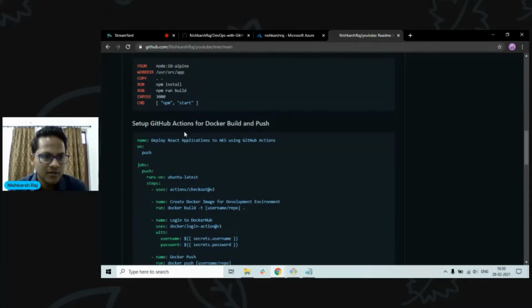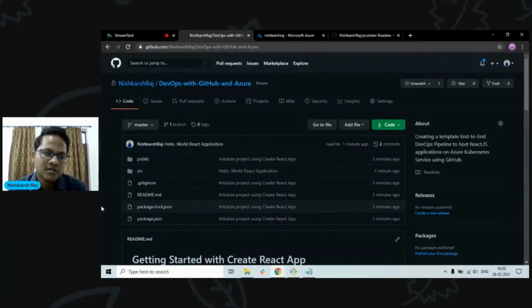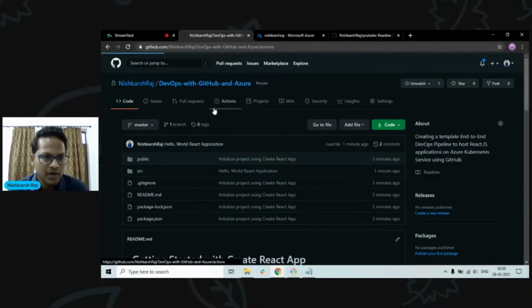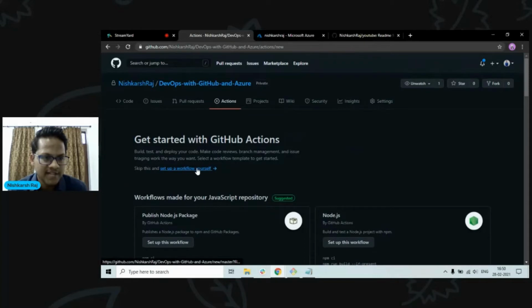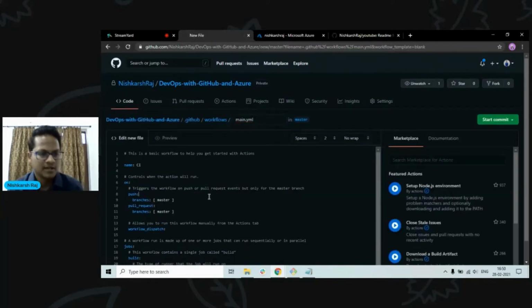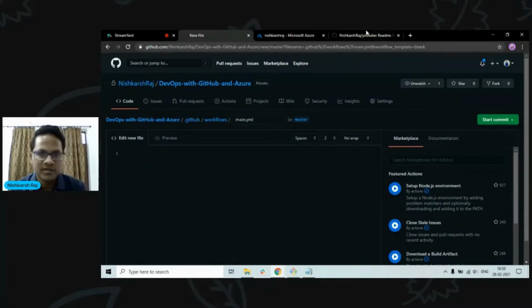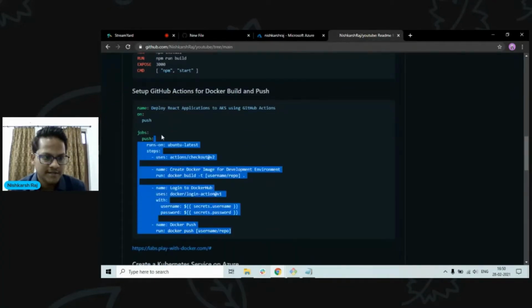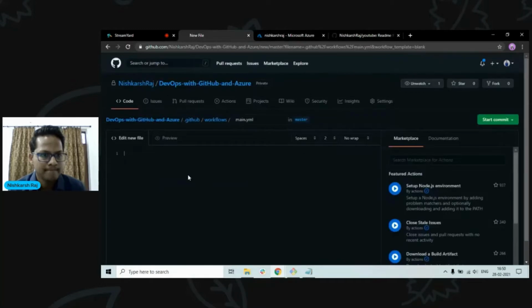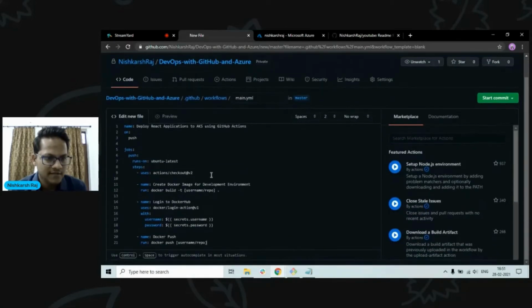Okay, then the next step would be to set up GitHub Actions for Docker build. So our source code is here. The next step would be creating a platform independent Docker image. So Docker is basically a container system that creates an image that can be used on any platform, be it Windows, Linux, Mac OS, and any version of it. So we'll go into Actions tab, and let's say set up a workflow for ourselves. I'm going to remove whatever GitHub has provided to us and copy this file that I created for myself.